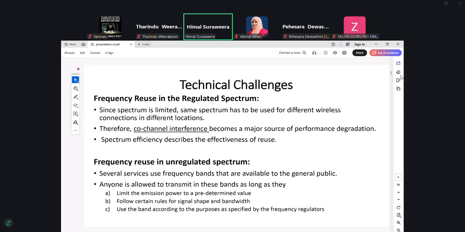So that is why this becomes a problem that we need to solve. Similarly, in unregulated spectrum, these kinds of interference scenarios can come up, and then we need to come up with innovative solutions to control the interference and to provide better services to the users.